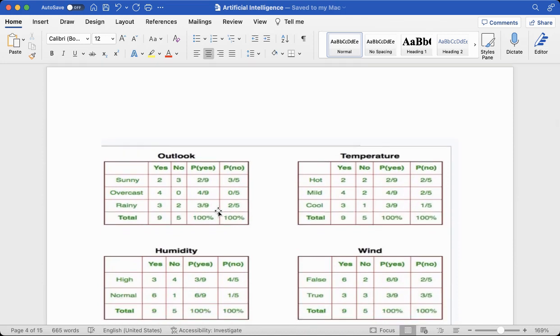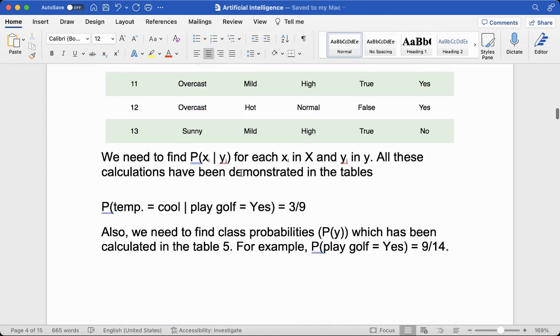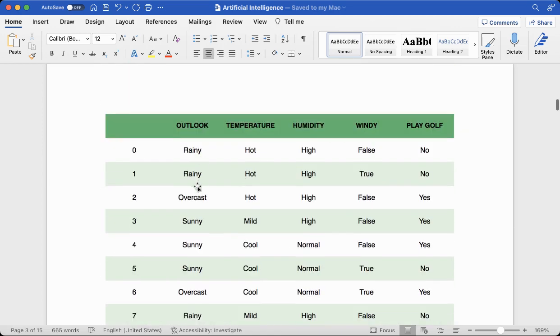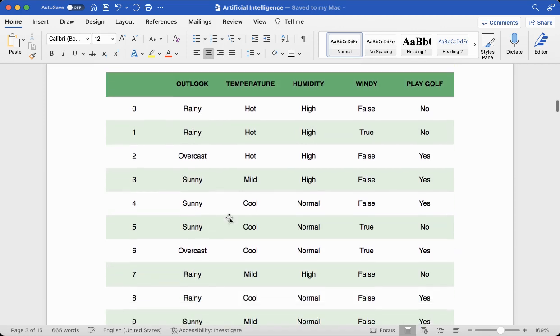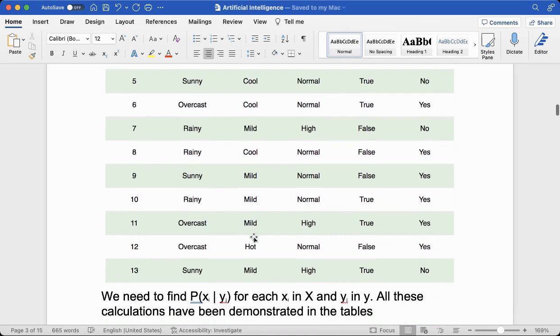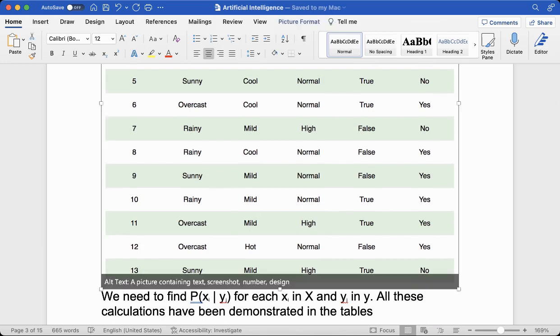Suppose in the case of outlook, we have sunny, overcast and rainy, the three values in our outlook column, or in the outlook feature. How many sunny do we have in the table? We have two sunny, three, I mean no. We can check that on the outlook: one, two, three, four and five. Total five sunny. One was no, and another is yes,